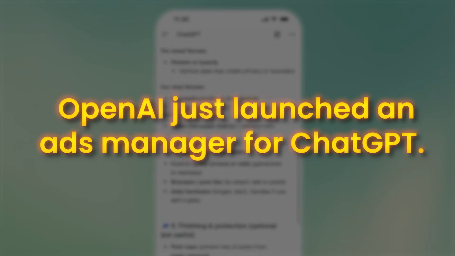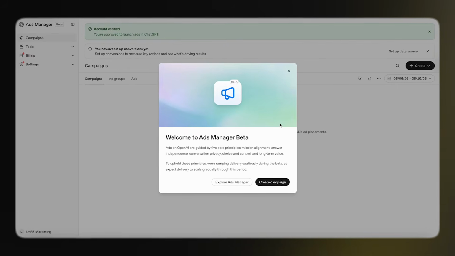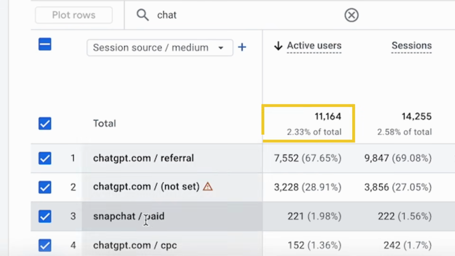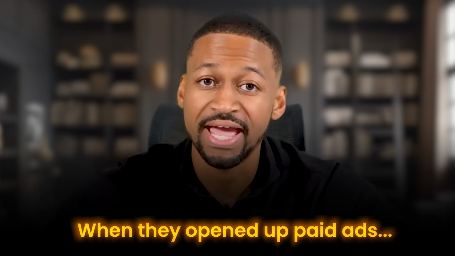OpenAI just launched an ads manager for ChatGPT. And the moment it came out, we set up a campaign at my agency and started running ads. I was so excited for this because over the last year, we've generated over 10,000 organic website visitors from ChatGPT alone. So when they opened up paid ads, I ran to my computer to test it out because I